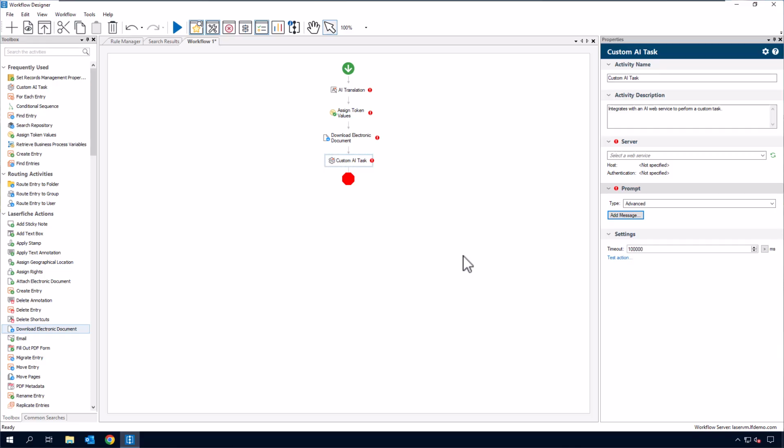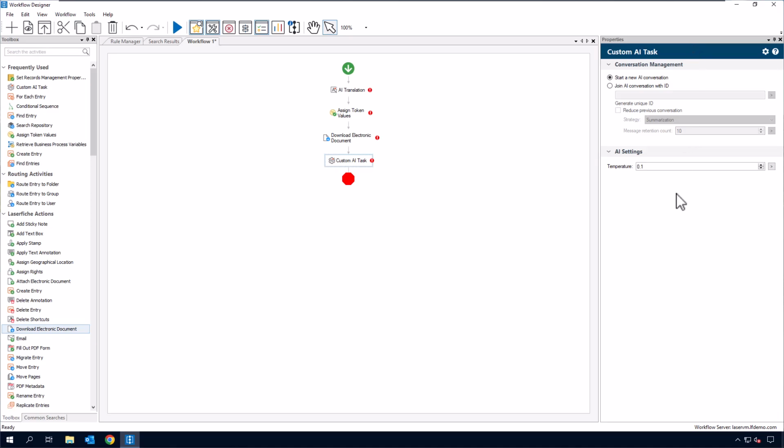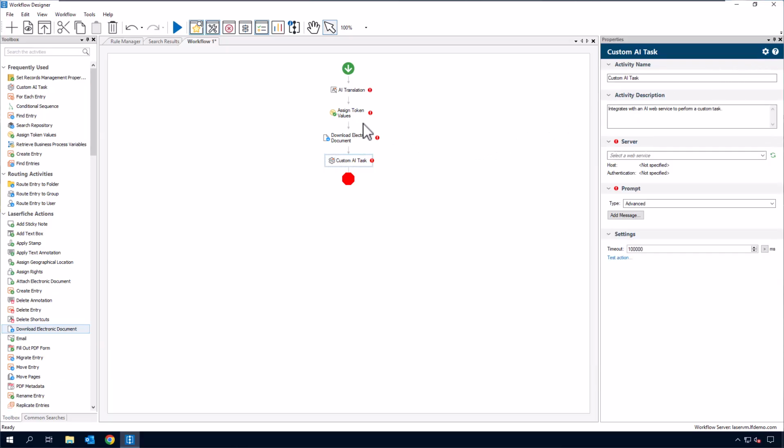I don't know how good it is about when you receive the information back, receiving it in a format where, like if it was an invoice like we talked about before with smart fields, how easy it is to say, hey, give me the invoice number off of this, give me that, right? There is the option, if you click the configuration, the cogwheel, where you can join an AI conversation with a specific ID. So when you do start the conversation,